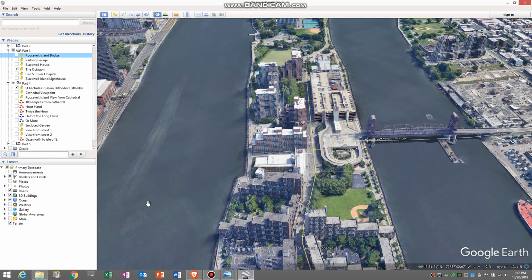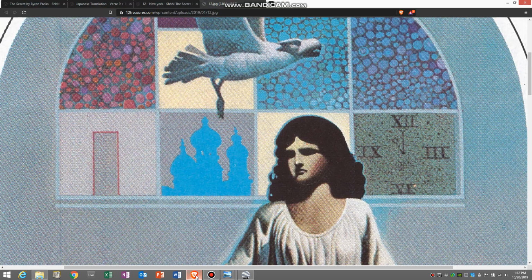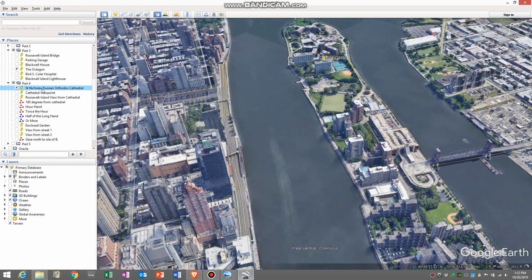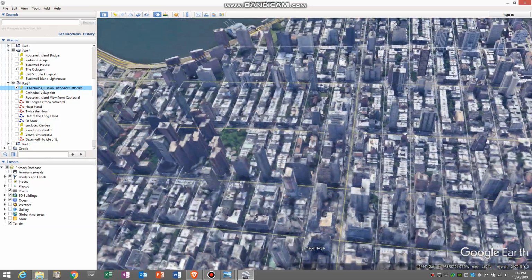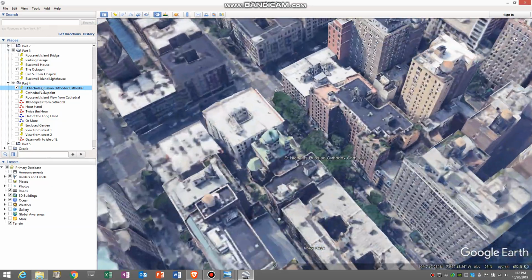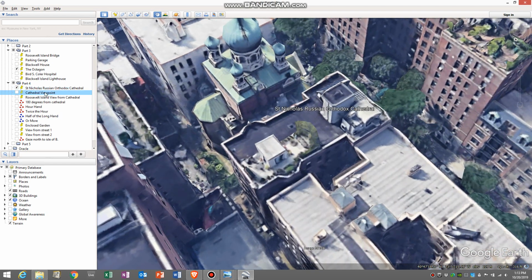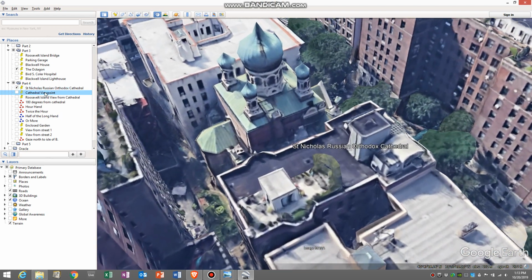So the only thing in the image that we haven't really taken a good look at are these onion domes. And I'm a believer that they are representing St. Nicholas Russian Orthodox Cathedral. From the island, that is directly north. And I think that the important part